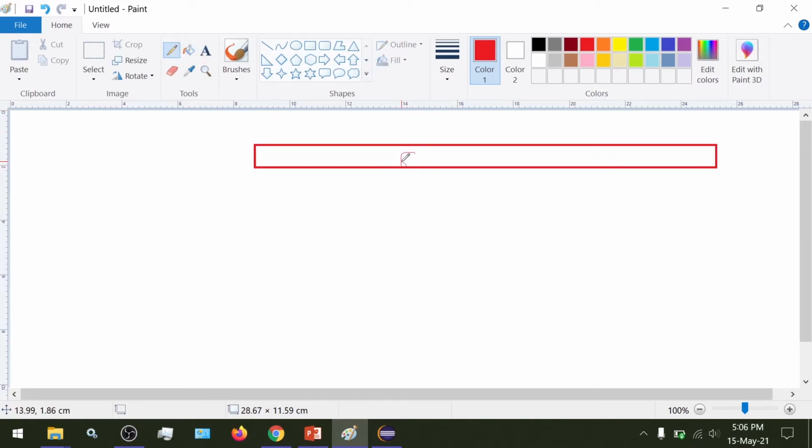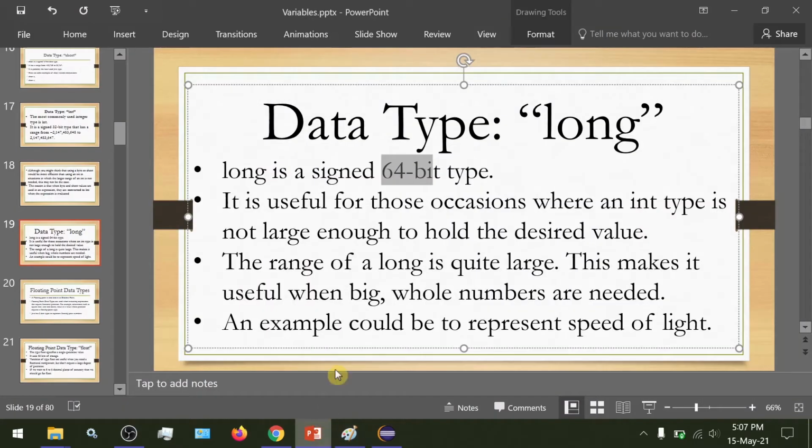The range of data long can store is very huge, because a sequence of 64 zeros and ones in all combinations represents a very large range of numbers. So whenever we want to use very big numbers, we would use long as a data type.